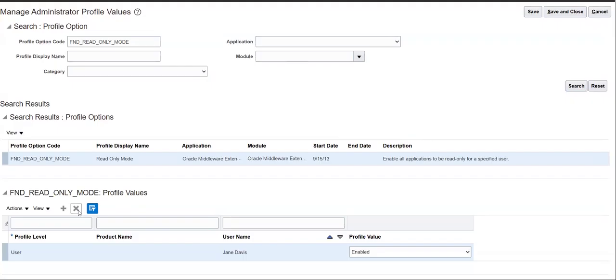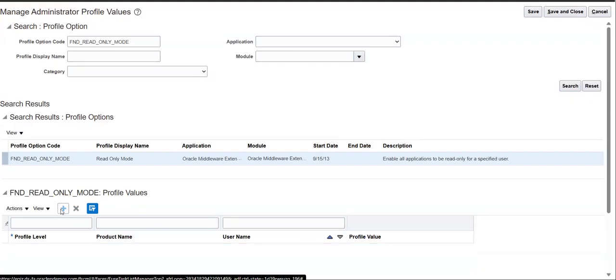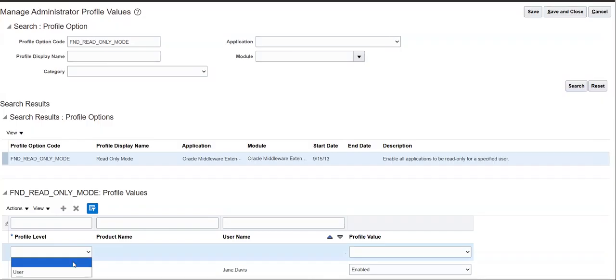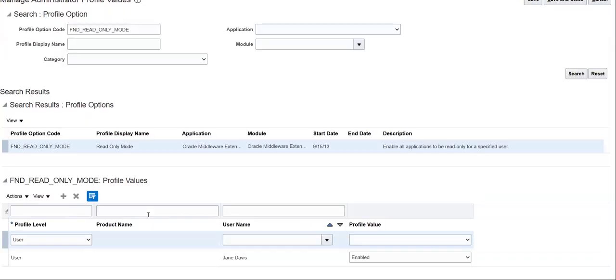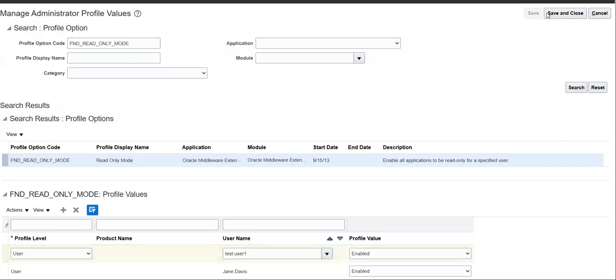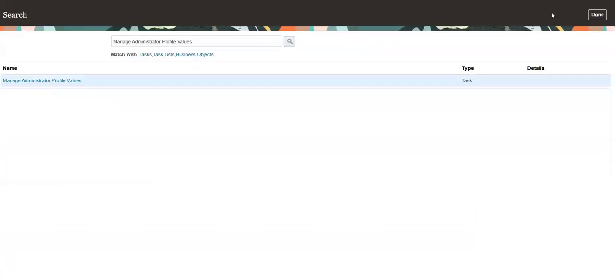Here we have add username. So I created one test user. Then I have to enable here. Okay. When I save and close, I'm logging into that user,